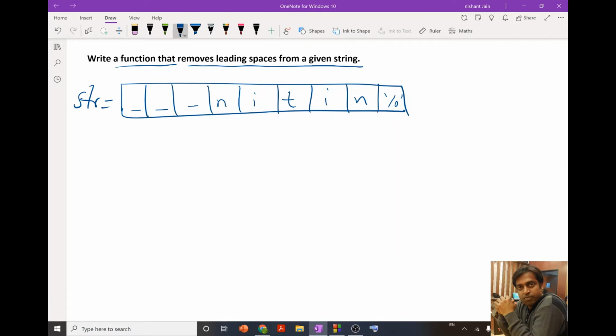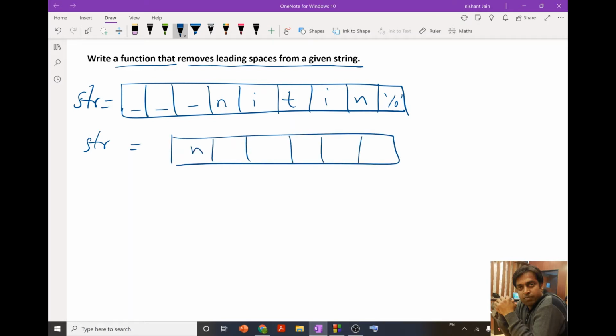Our task here is to write a function to remove these spaces so that our final output should be something like this. Means we need to remove these leading spaces.